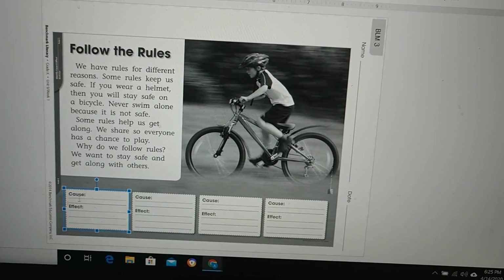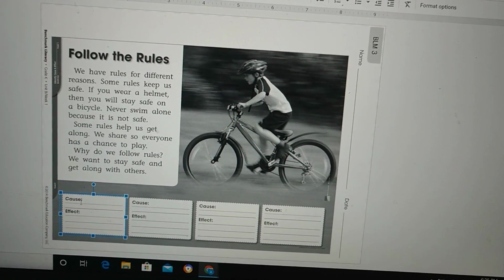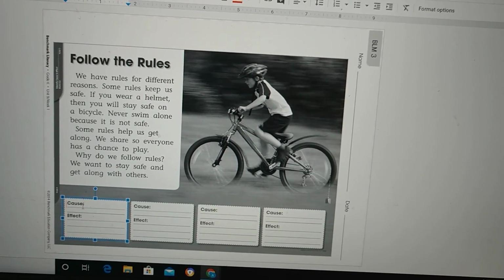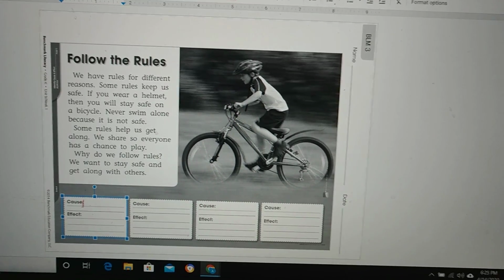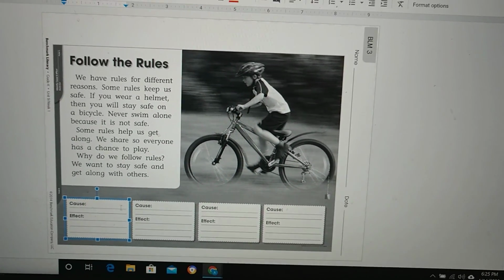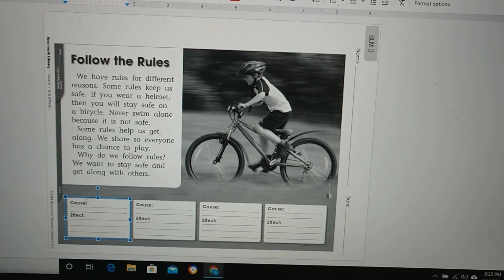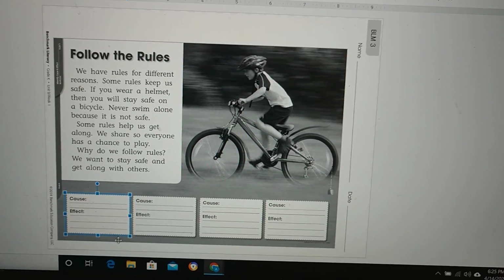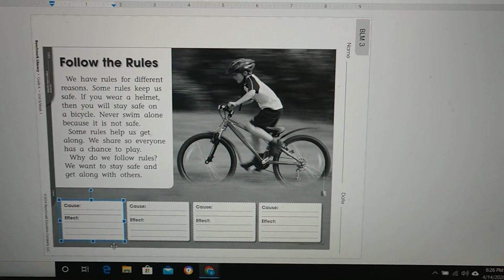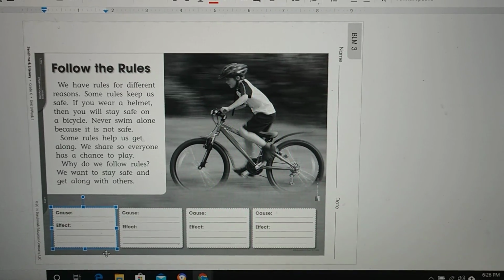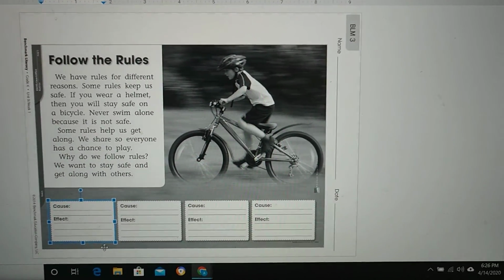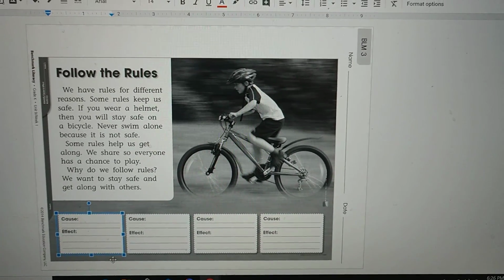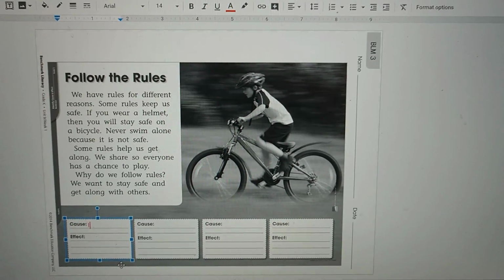I just clicked to the bottom. Well, when you click in the box, it's going to type over the cause. But if I don't want to type over the word cause, I'm just going to move my cursor so that I'm right after the word cause. And the first cause and effect that I will type is, my cause is if you wear a helmet. So let's say my child told me, oh, if you wear a helmet. And of course,